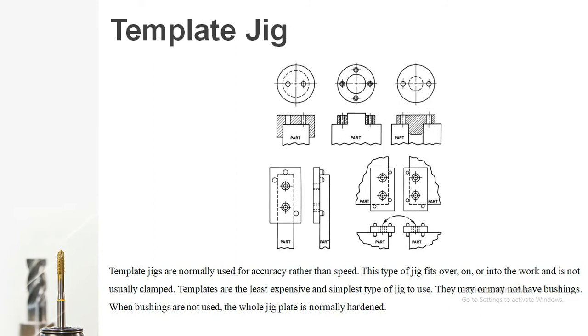Usually this plate is made up of hardened steel so that the tool may not wear out the material from the jig plate. Remember one thing in a template jig: whenever you remove material from a similar workpiece, the workpiece is to be machined at a standard or accurate location. Hence, rather than increasing speed, for accurate location, a template jig is used. Only one thing is to be remembered: template jigs are never clamped by using clamping devices.